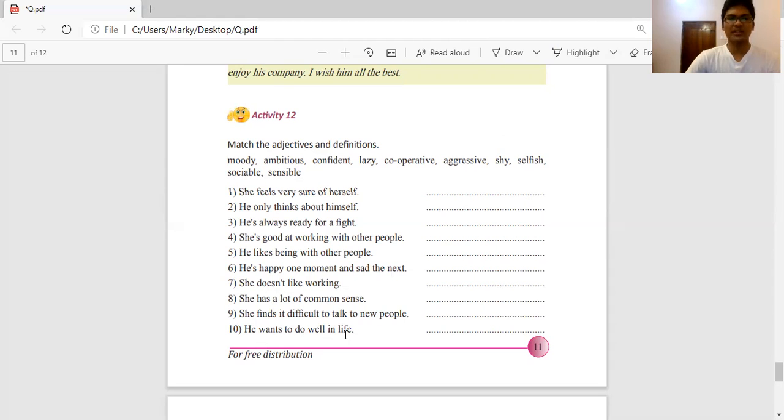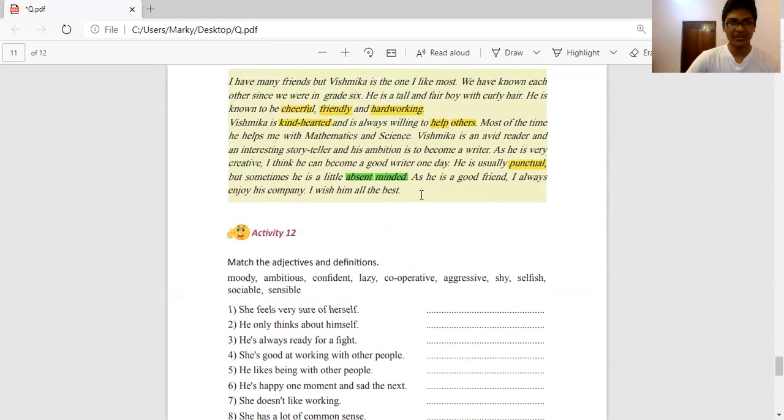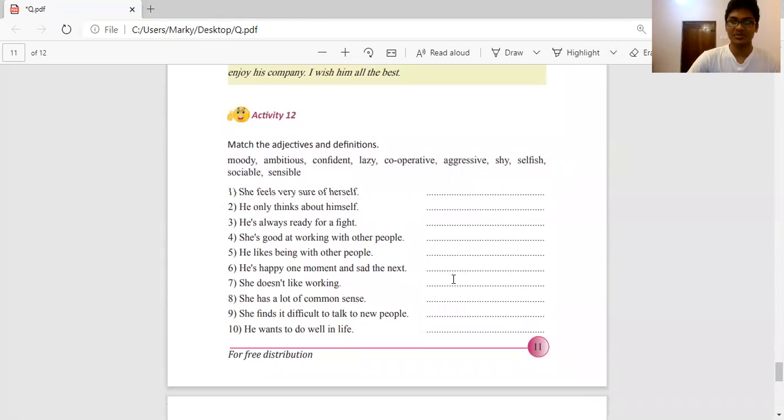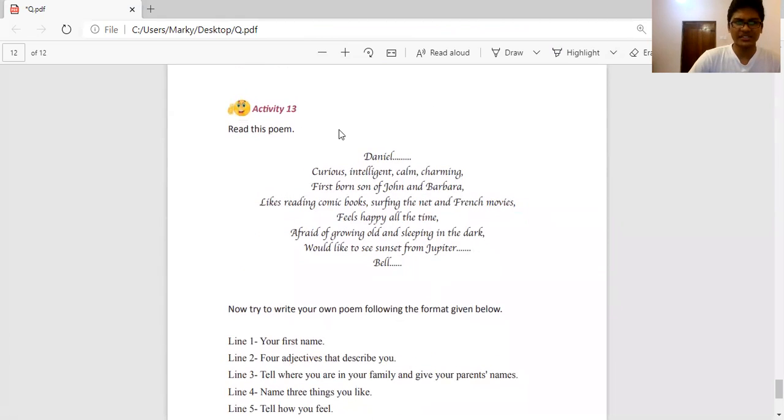He wants to do well in life. Ambitious. So as I said before, Vishmika wants to be a writer. His ambition. So he's ambitious, right? He wants to do well in life. That basically means you're confident, confident enough to pursue your goals, confident enough to do well in life. So that's ambitious. Okay. So we have activity 13, but before that, I have an exercise of my own